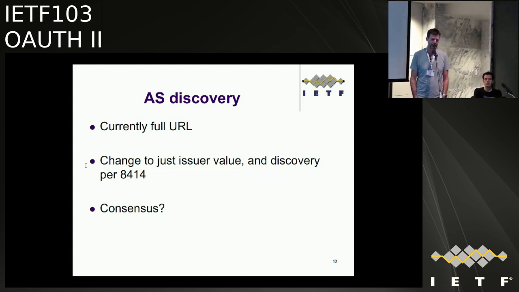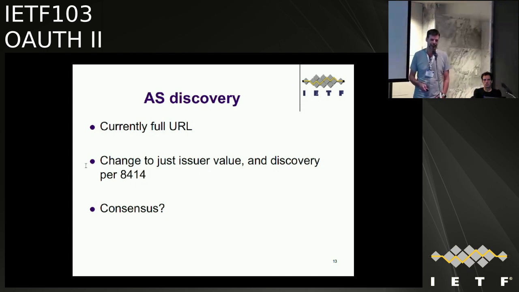AS Discovery, currently we're providing the full URL so that it would be easier for the client to know, just go fetch that. There's some security challenge in there because of course, who knows whether it's really the right URL. Proposing to change that to the issuer value and do the discovery per 8414, since 8414 says how to take an issuer value and get the